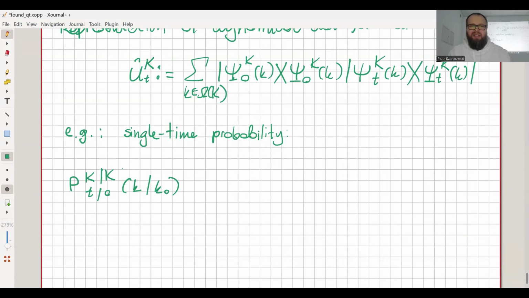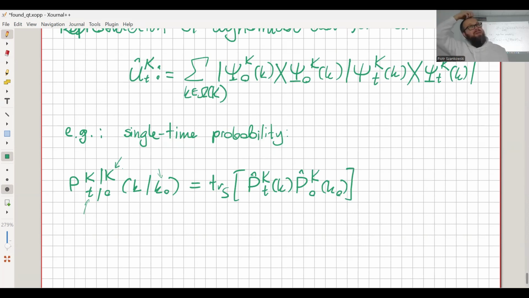So initialization with measurement with result k0, wait time t, and do another measurement with the same device. So that would be trace of projector k at time t, projector k0, right? So that would be according to what we found out